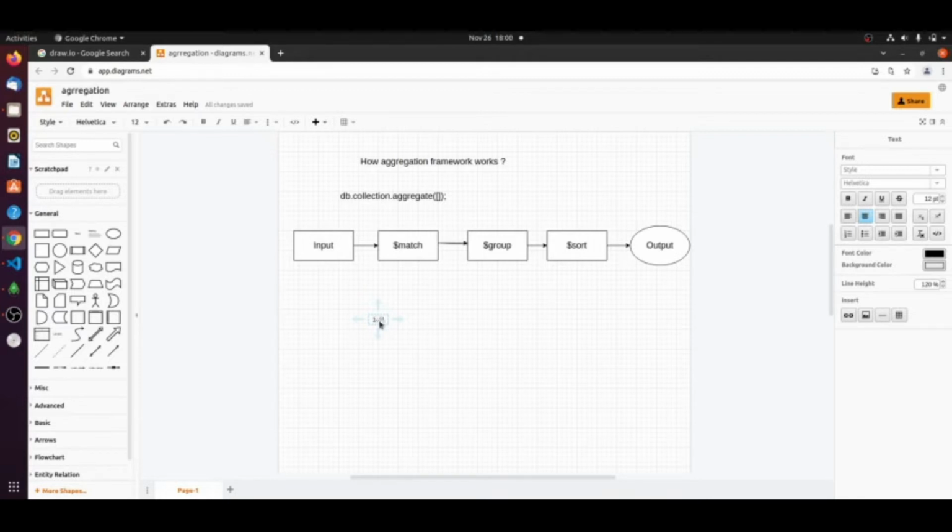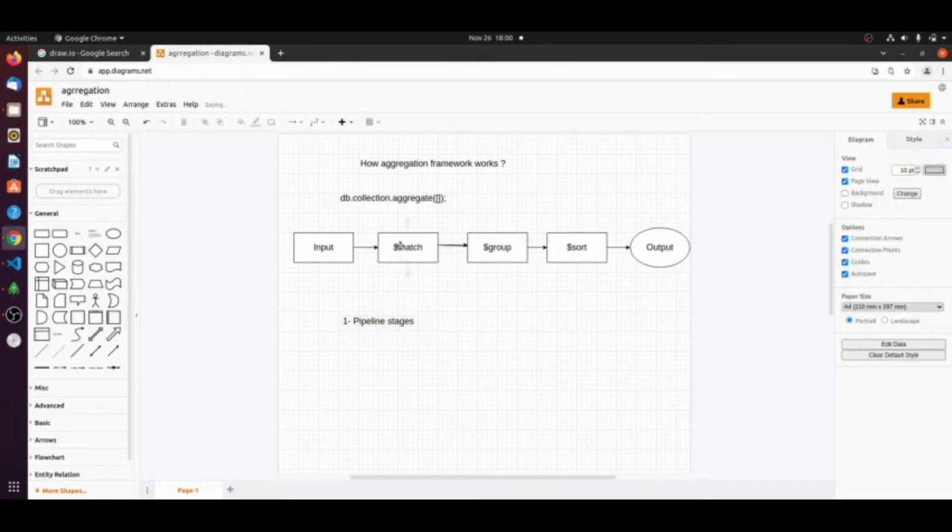First, pipeline stages, which I have mentioned here: match, group, sort, limit, project. Each one is one stage, and in these stages the output of the first stage will be the input for the next stage.